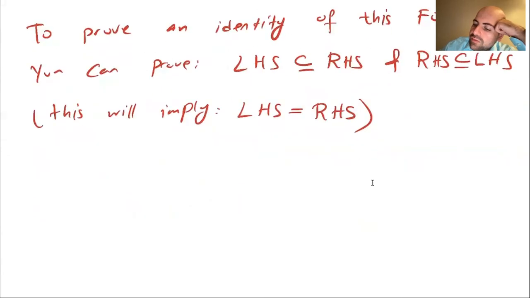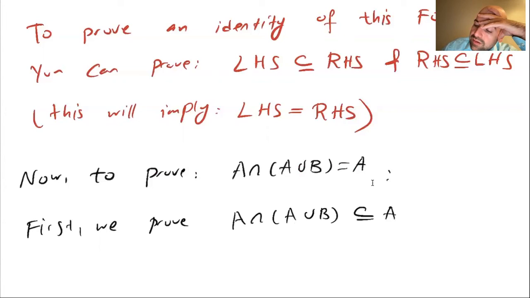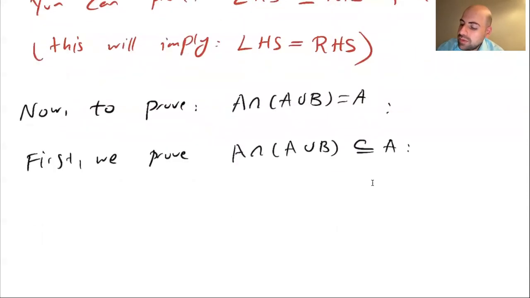So to prove A intersection (A union B) equals A, we said we have to prove two things: left-hand side is a subset of right-hand side, and right-hand side is a subset of left-hand side. First, we prove left-hand side is a subset of right-hand side. Now, how do I show that one set is a subset of another? I have to take an arbitrary element in the first set and show that that element must also be in the second set. So let X belong to